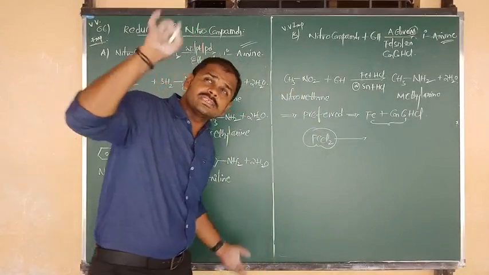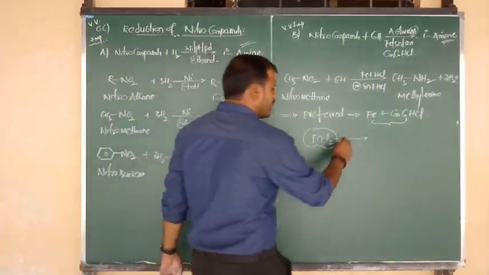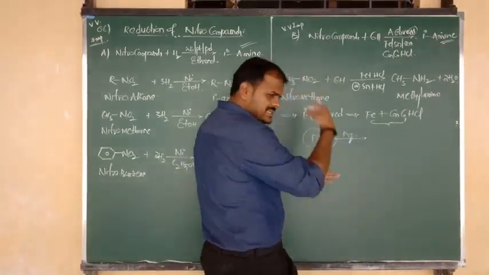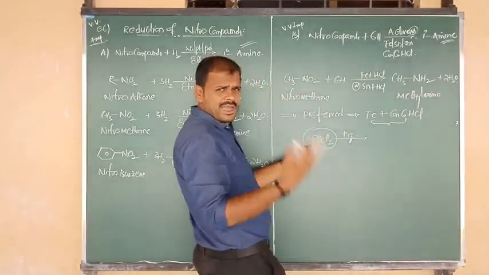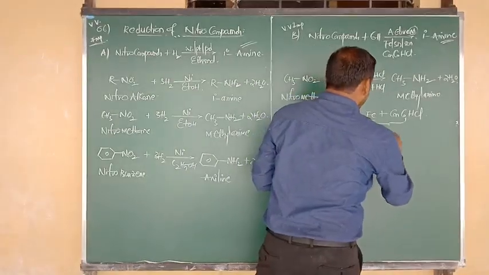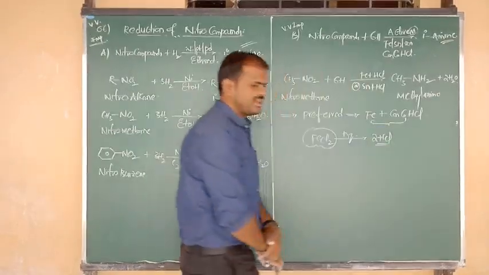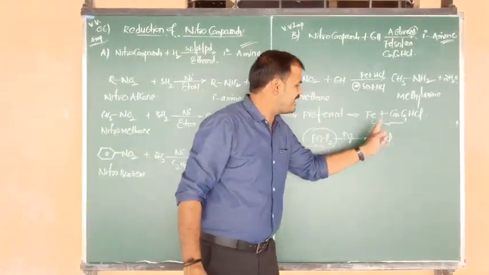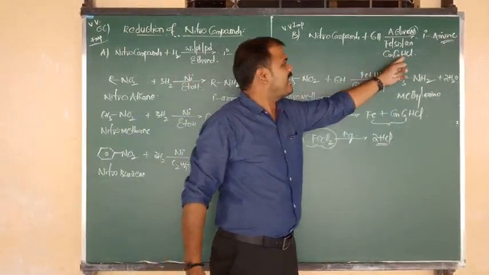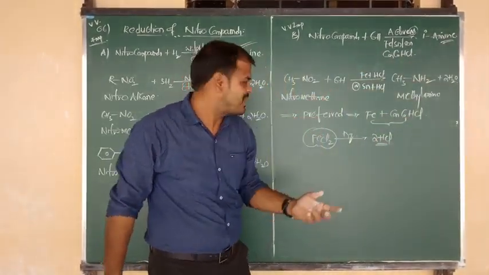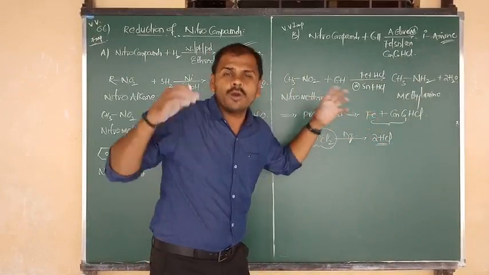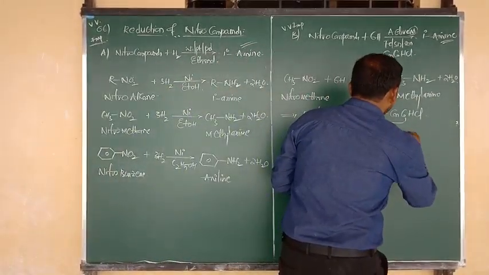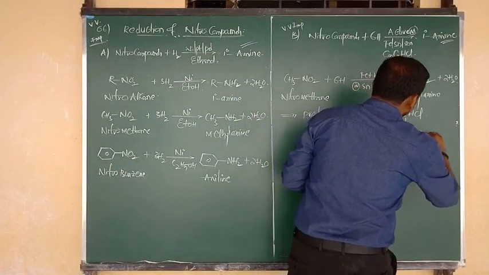Upon reaction with water, or in aqueous condition, it will easily undergo hydrolysis. Iron changes into iron hydroxide, and 2 moles of chlorine change into 2 moles of HCl. That means again here we are getting HCl, and this concentrated HCl acts as a catalytic substance. Catalytic substance means it only initiates the reaction. That HCl is responsible for initiating the reaction.